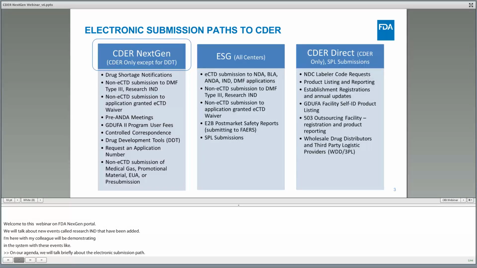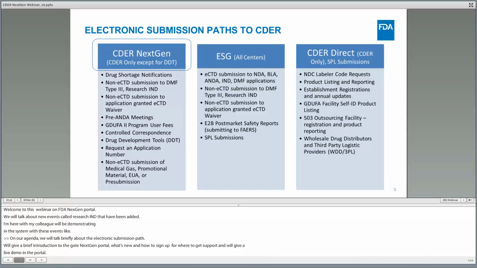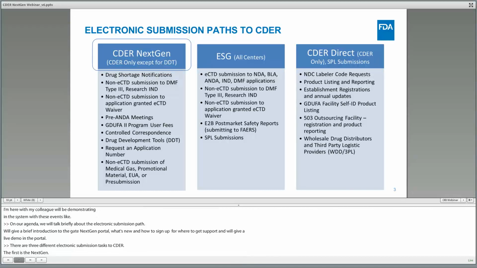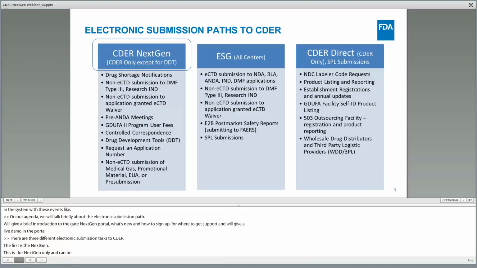So there are 3 different electronic submission paths to CDER. The first is CDER's NextGen. This is for CDER only, and it can be used to submit drug shortage notifications, non-ECTD submissions to DMF Type 3 and research INDs,